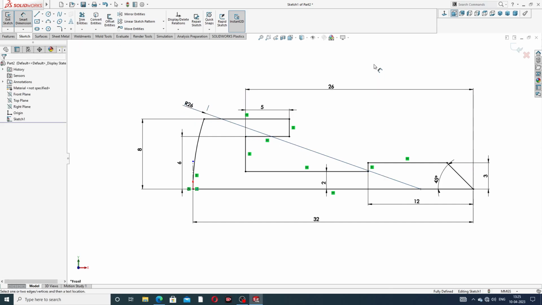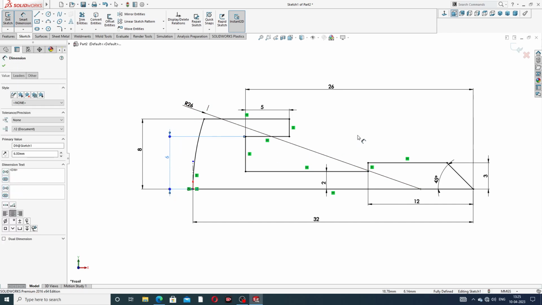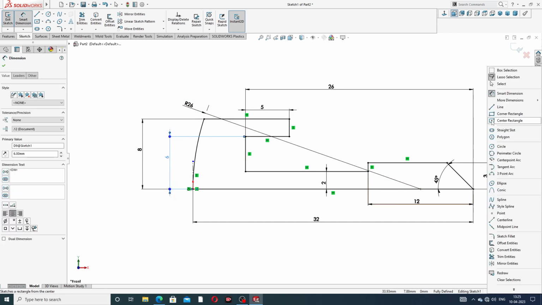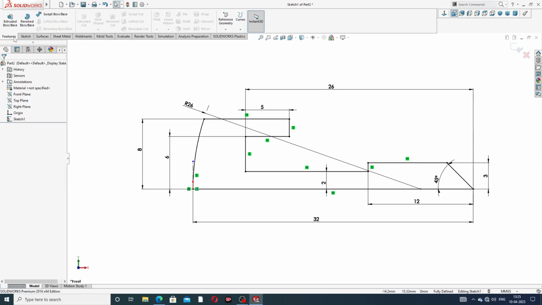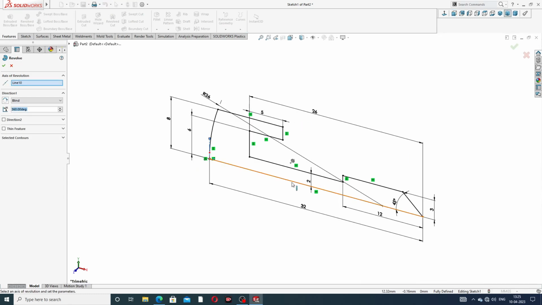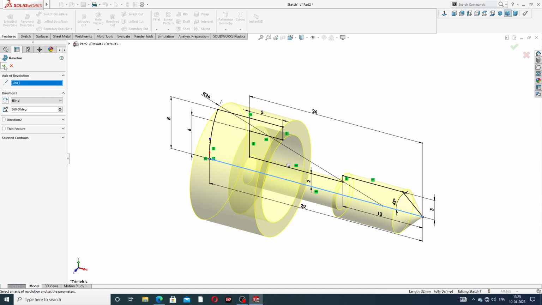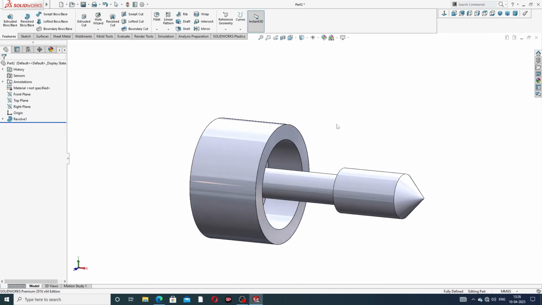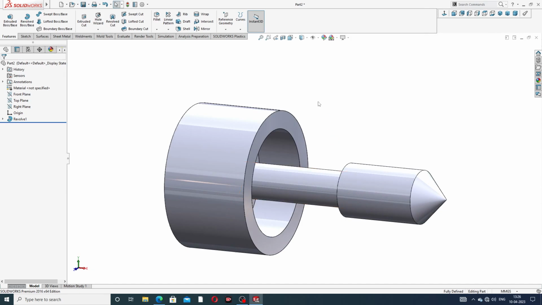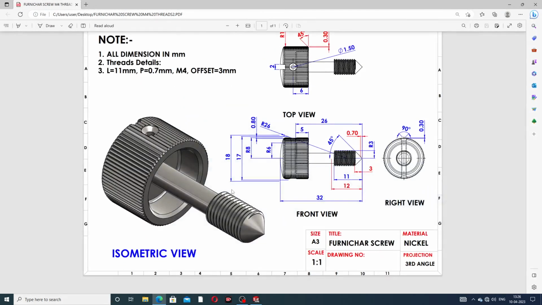Drawing all this, all dimensions and all geometry are correct. Use extrude boss, click this perfect line and click OK. Perfect. Okay, and next is